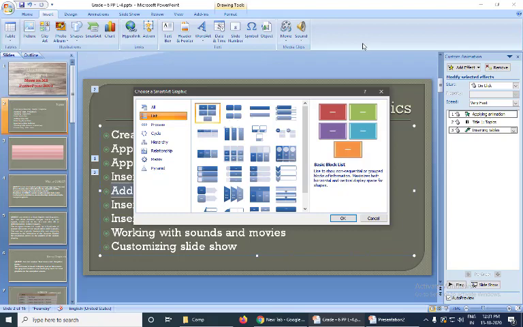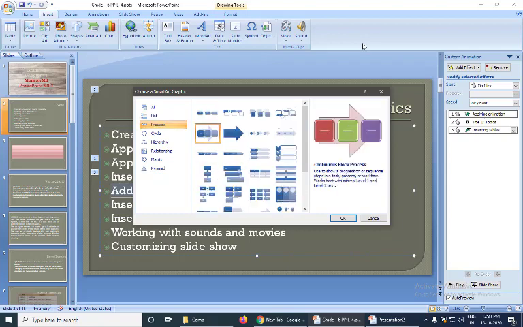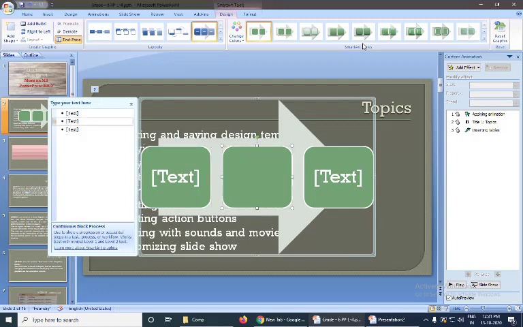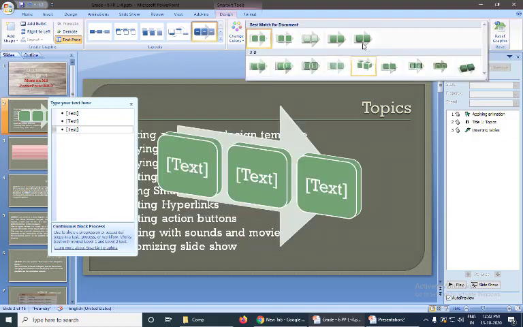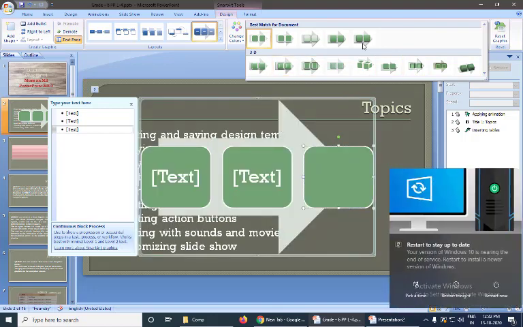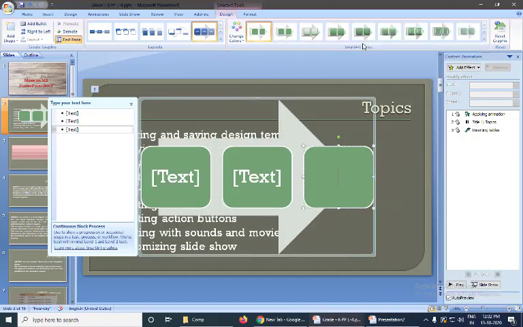So here for example you can take the process cycle. Okay, so you want to show any step by step procedure. So first step this happens, then second step, third step. So you can add the text and the images here. Okay, so different types of smart art are available. So you can change it, the designs are already pre-built, available. So you can take and change your text.